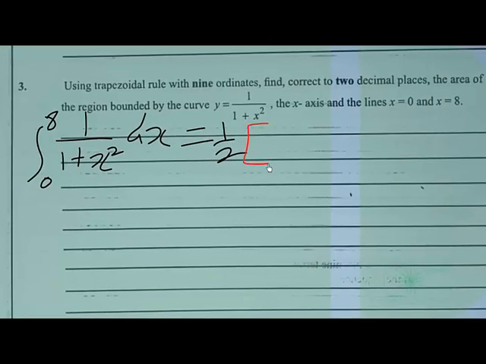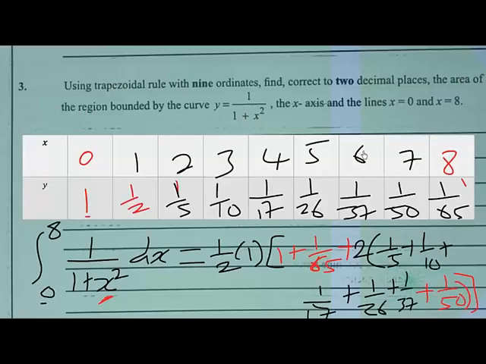That will give us 66 over 65. Then we have 2 times, when we add all of these things over here up to here, we are obtaining